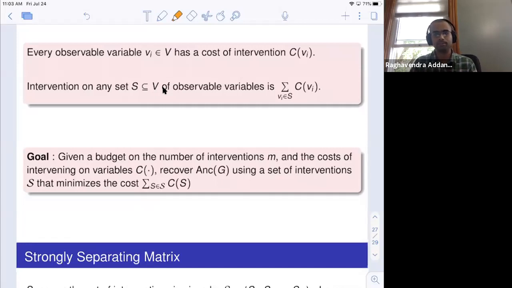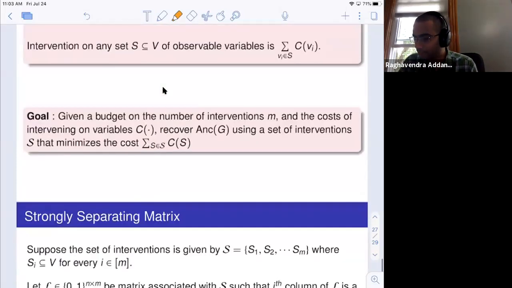Because if this budget is the total number of variables, then the trivial one works. And the interesting case is when we want to perform fewer interventions. Anyway,